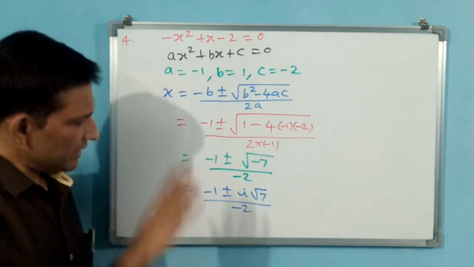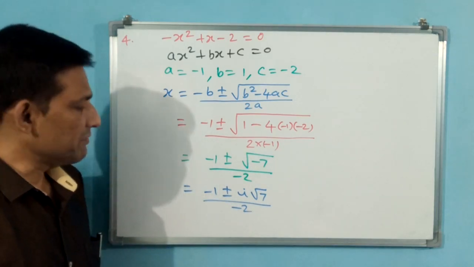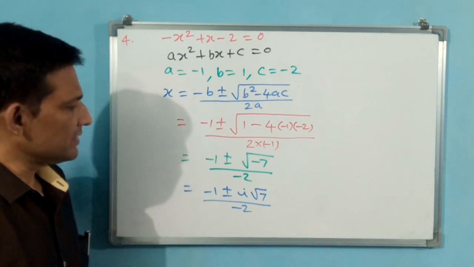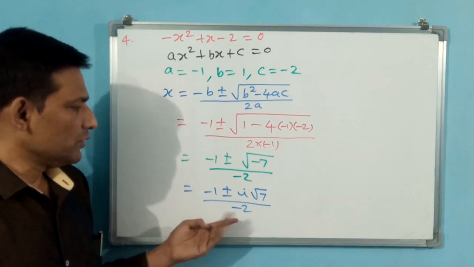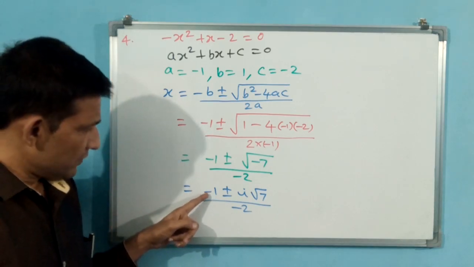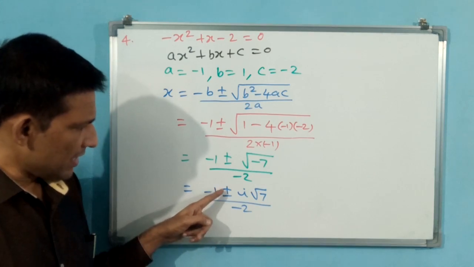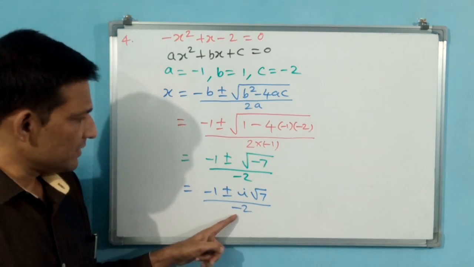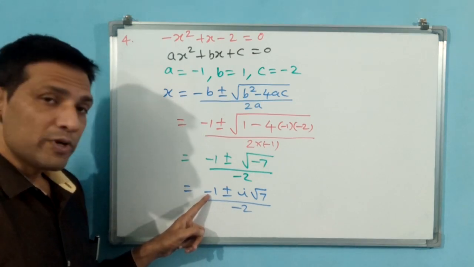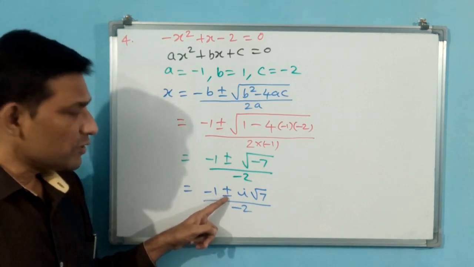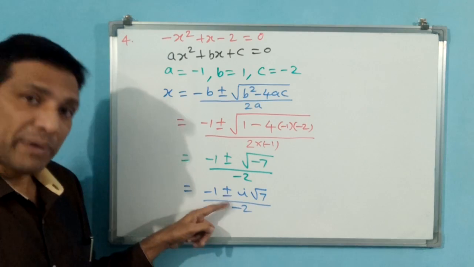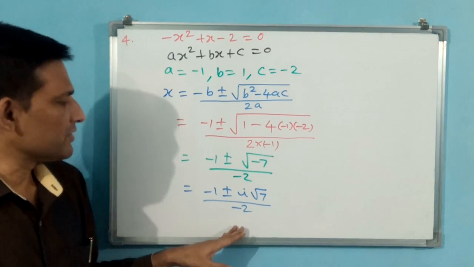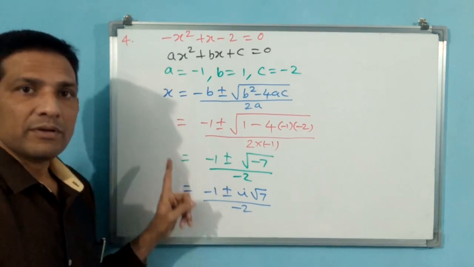This minus, don't transfer, let it be like this only. Why? Because it will be complex to transfer this minus. If you transfer, then what will become? This minus is going to become plus 1 and this also is going to become minus. I root 7 one time, and the second time this is going to become plus. All this nonsense is going to happen. That is why let it keep like this only, minus 2. This will be the fourth question.